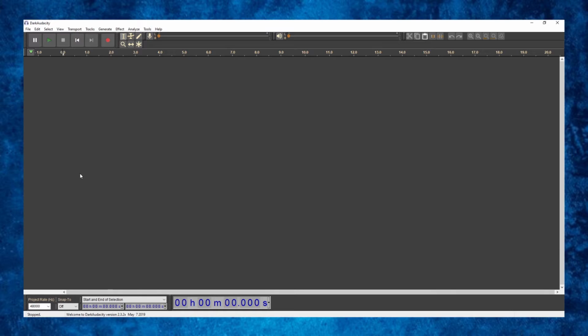Now we're going to set up for recording. If you have a USB microphone, make sure that you know your microphone's recording rate. You can find this out from your manual or the website that you bought your microphone from. I have a Razer Siren X, which means my microphone recording rate is 48,000 Hertz. So I'm going to go down to the bottom left-hand corner in both applications and select 48,000 as